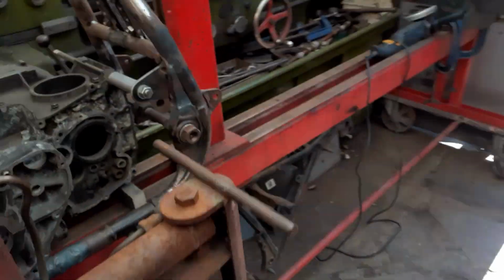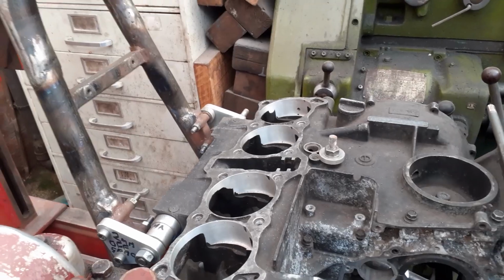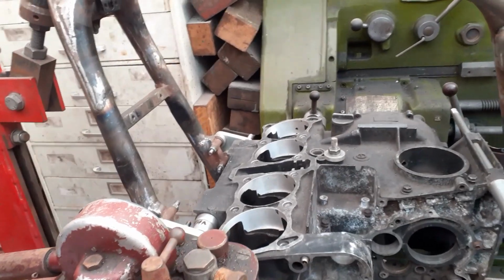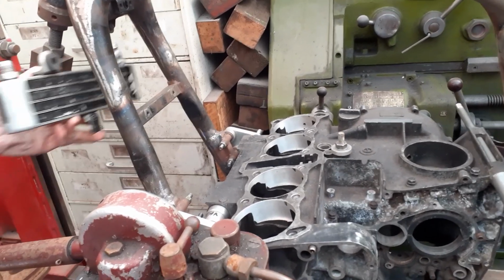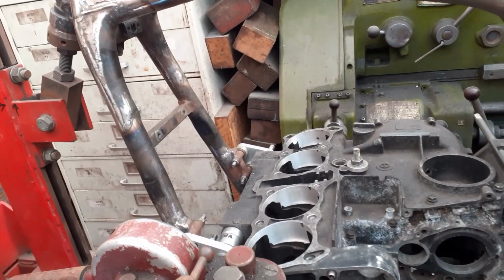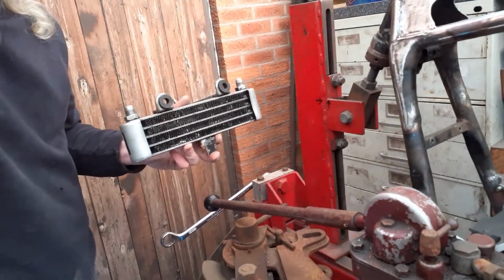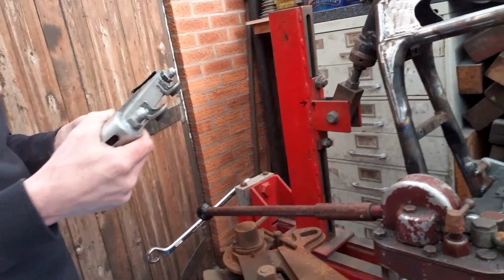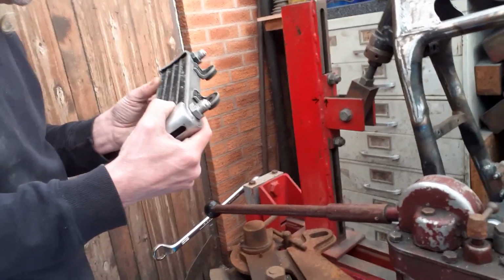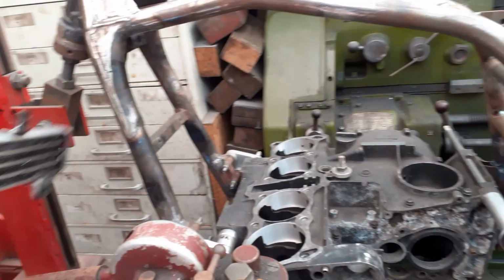Okay, let's have a look. Here we go. It's actually very sunny today, so this might look a bit weird. Some people say fit it that way and have the fittings just going up. That's standard Kawasaki, isn't it? But some people fit them that way, and have the oil lines, and then the oil cooler holds an extra amount of oil. There's less likelihood of it containing air as well. But the standard Kawasaki way is you mount it with these pointing down, and then it goes underneath the